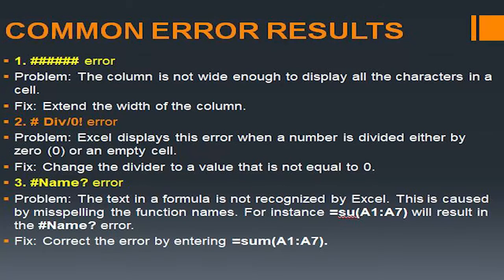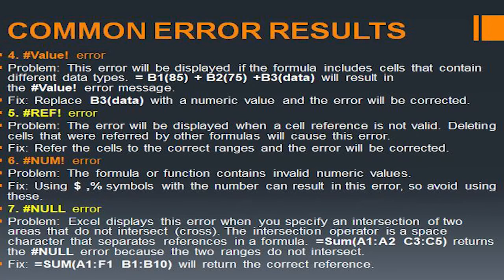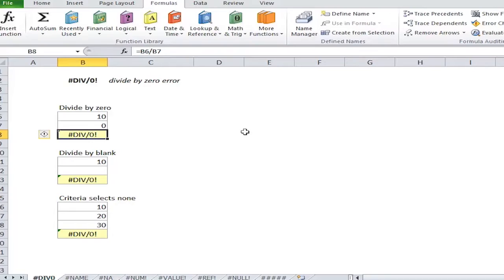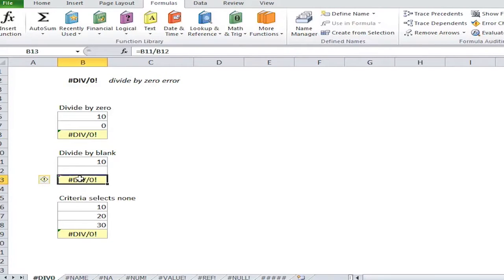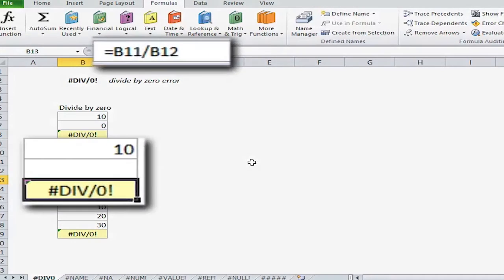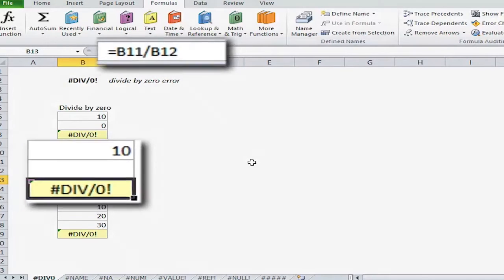You can see here these kinds of errors. You can pause the screen and read them out. I am just moving forward to show you how these errors occur. #DIV/0!: basically you can find this kind of error when a given value is divided by 0. If the given value is 10 and the next value is 0, and you try to divide the number by 0, then you can see this kind of error. If you give the value 10 and the next value is blank, that means empty, you can find this error also, divided by 0.